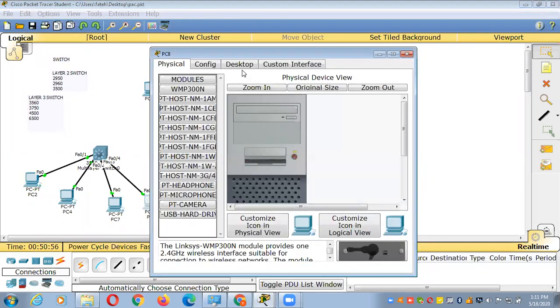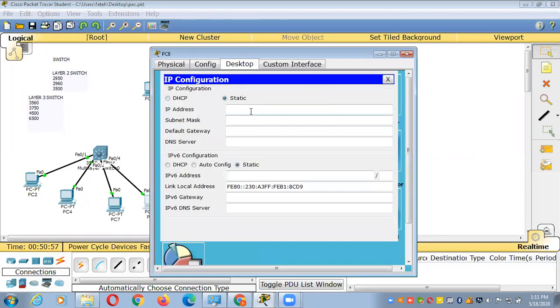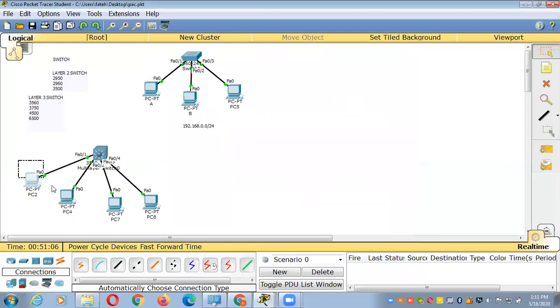In this computer, the IP will be 192.168.1.3, but the gateway will be 192.168.1.1, the VLAN 20 IP address. Now, these two computers are in VLAN 10 and these two computers are in VLAN 20.